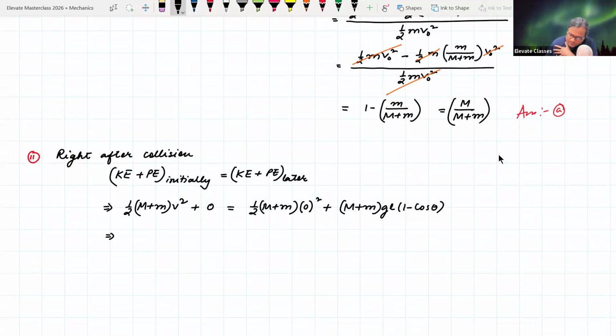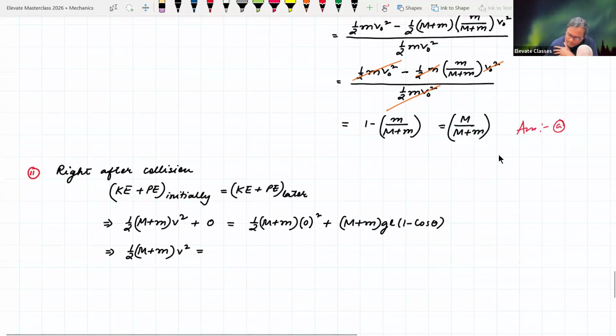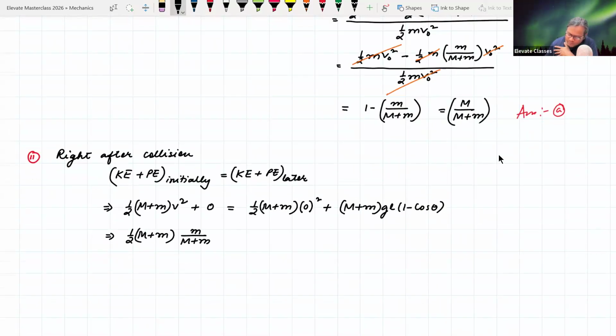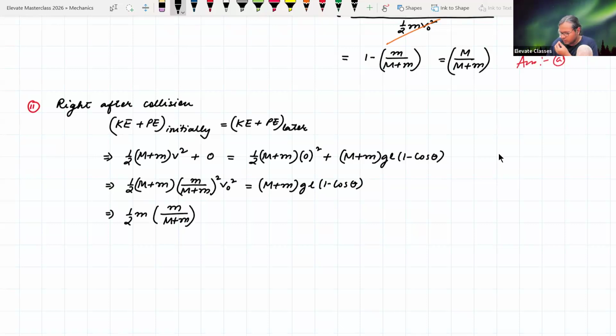So therefore this becomes half (M plus m) v square is equal to... in place of v square, what can we write? v is equal to m by (M plus m) times v naught, so half (M plus m) times m square by (M plus m) square v naught square is equal to (M plus m) g L (1 minus cos theta). So here this essentially becomes half m upon M plus m, V naught square is equal to